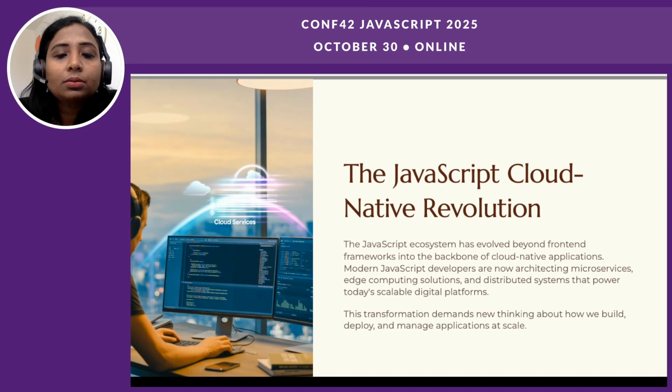And so now JavaScript developers are architecting using microservices and edge computing solutions to have real-time responses and the distributions that can power how the applications and digital platforms can be highly scalable. The transformation today is highly impacting how we build, deploy, and manage applications at scale. With this, I'll go to the agenda of the meeting,